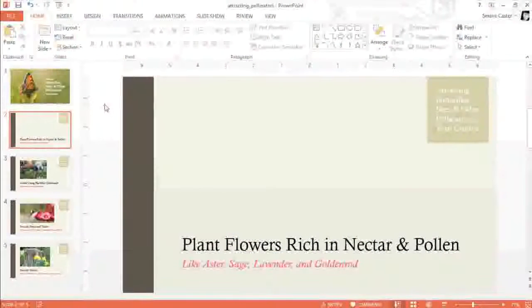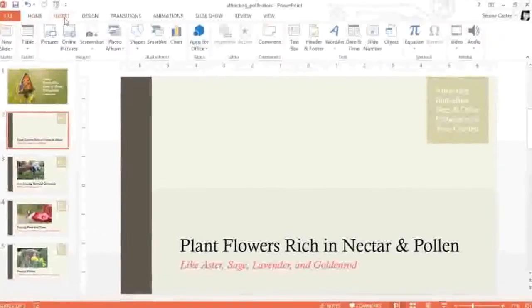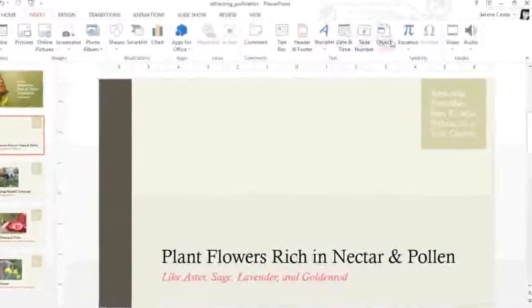Sometimes you may have a video that you want to play during your presentation. Well, the good news is you can add the video directly to one of your slides, so you can share it with the audience without having to leave PowerPoint. To get started, go to the Insert tab, then look for the Video command on the far right of the